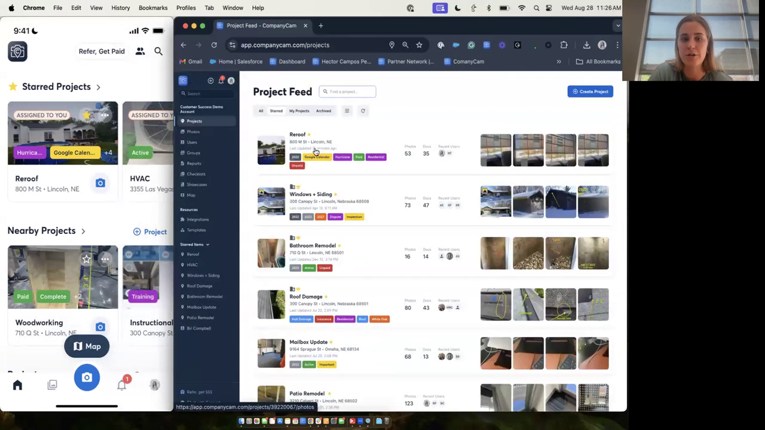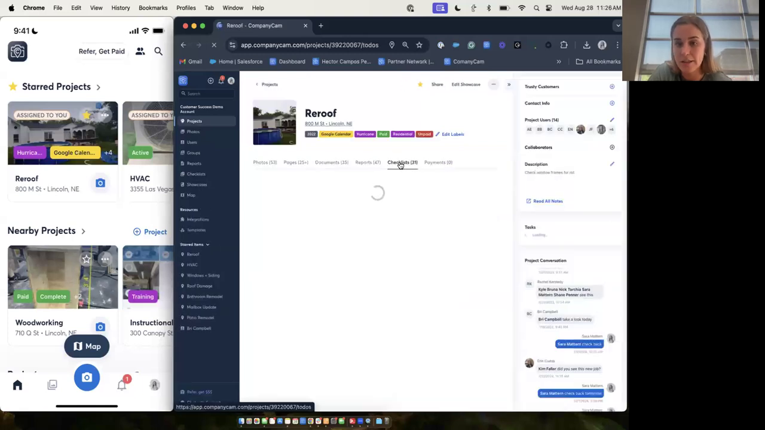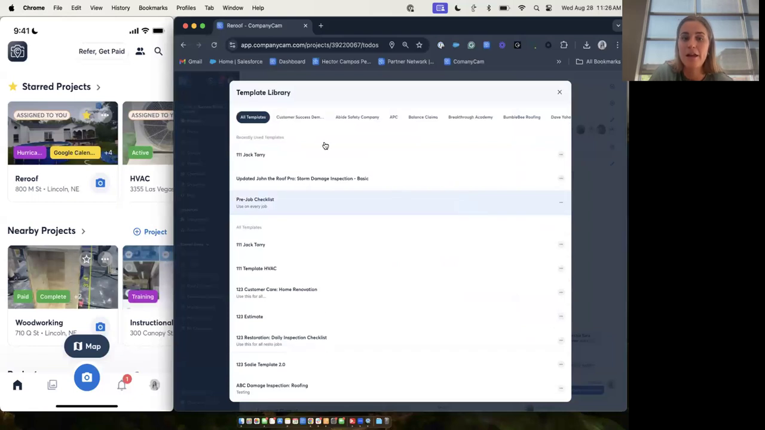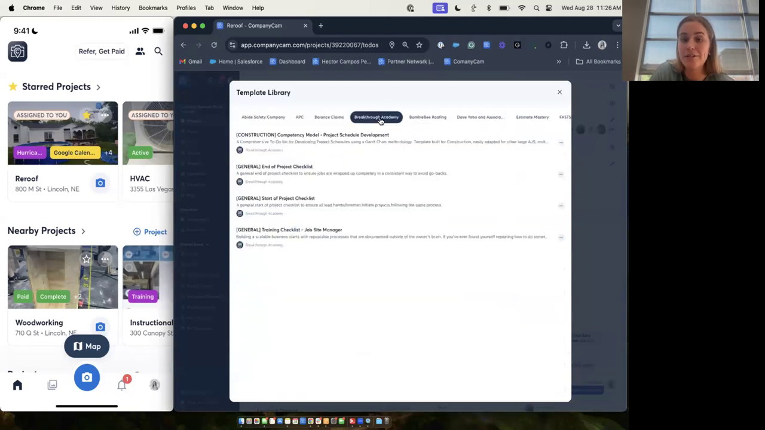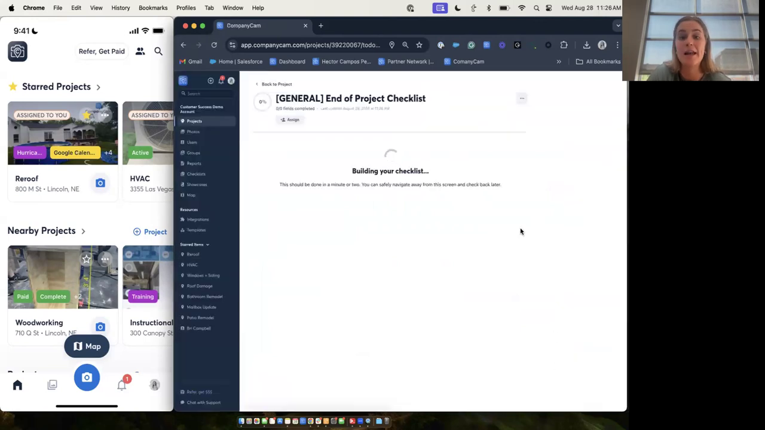one of your projects. So I'm going to go back into my re-roof project. This is exactly where we were before. I'm going to hit on checklists. I'm going to hit create checklist, use existing template, and you'll see these tabs here up at the top. Those are most of our community checklists here. So I had added those to my account so I can click in here. I can quickly view one if I would like. I can preview that template. And if I like that one, I can just go ahead and hit use template and it will build that